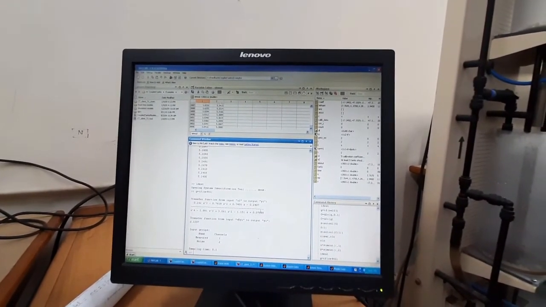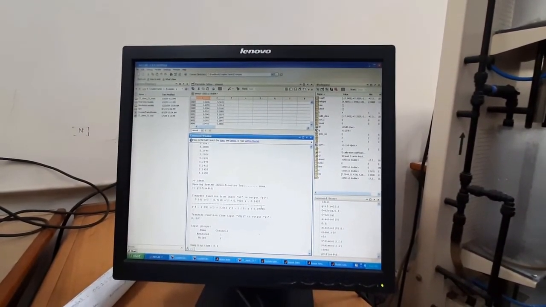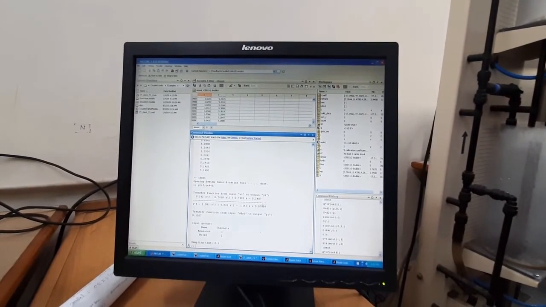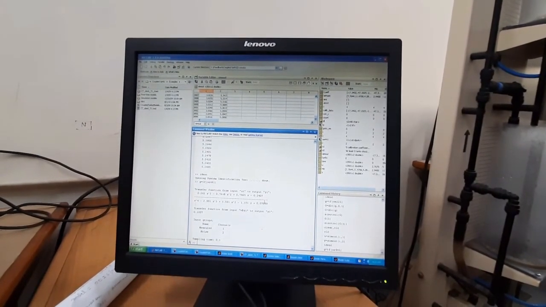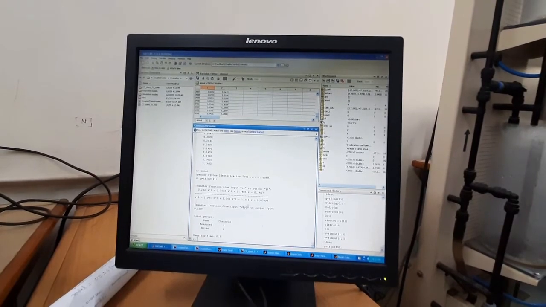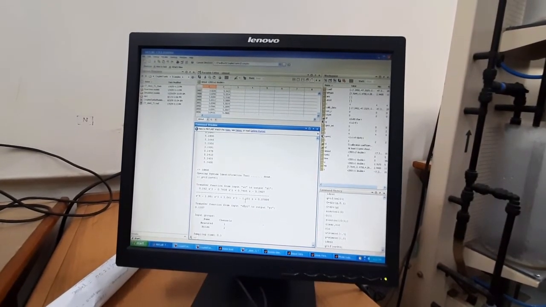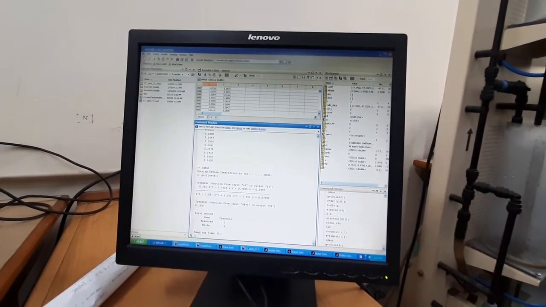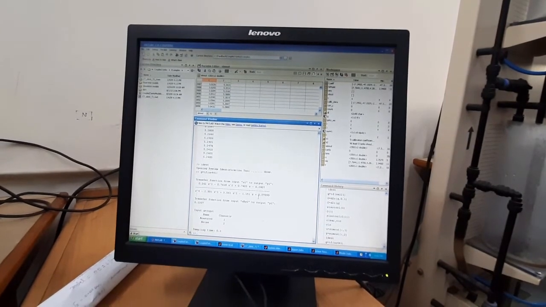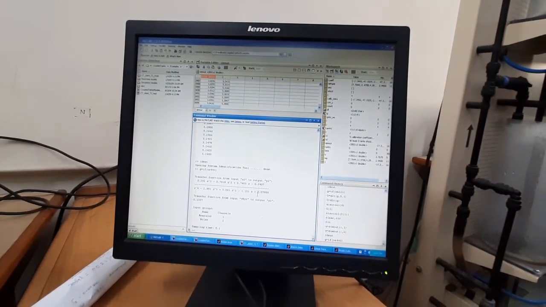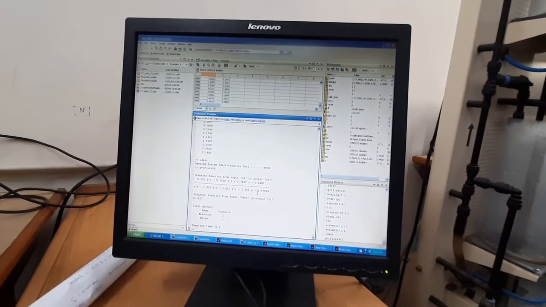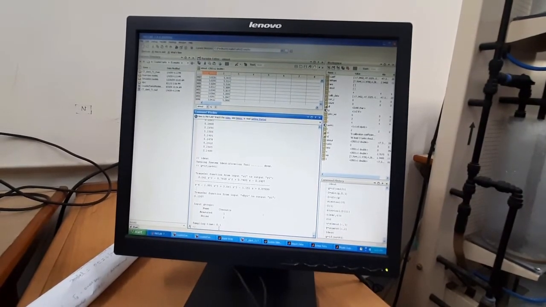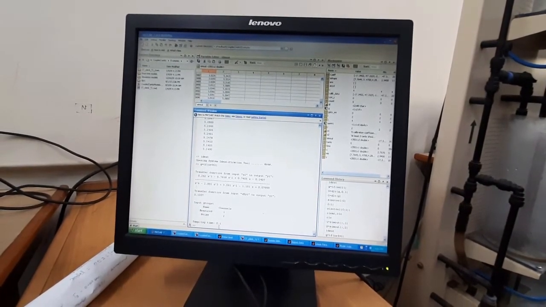In our last MATLAB simulation classes, we have learned about the CISO tool. So we will use the same CISO tool for designing a controller of this model, because we now have the transfer function model available. So we can use the CISO tool to design our compensators, that means our controllers. For that case, you have to transfer it to a continuous domain, that means in the S domain.